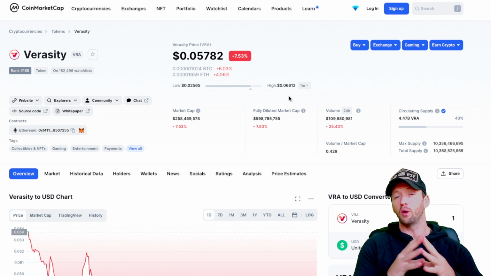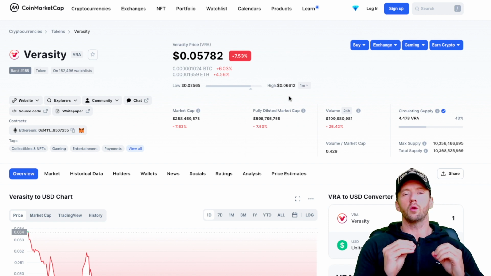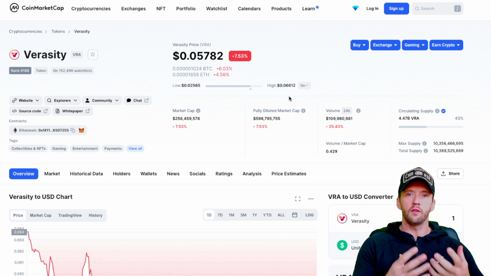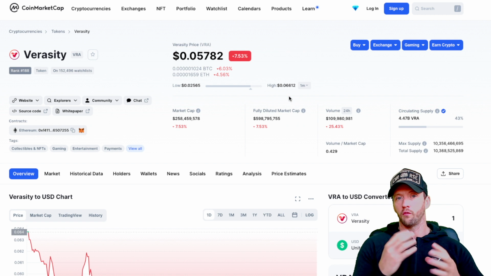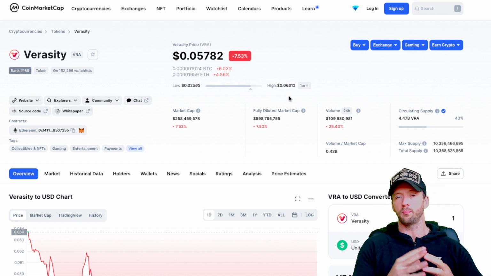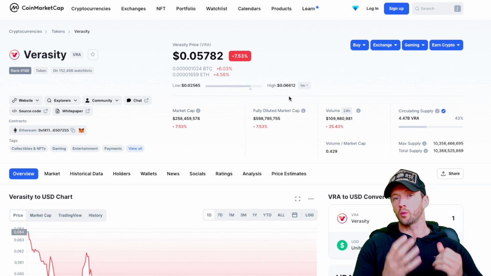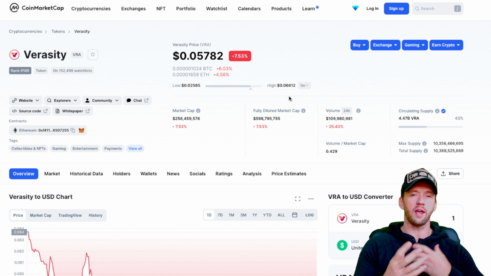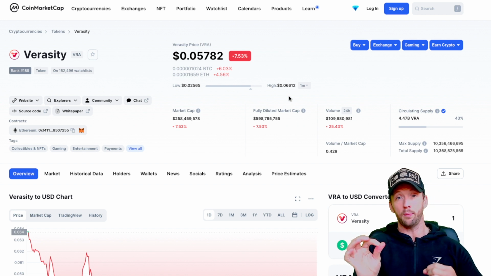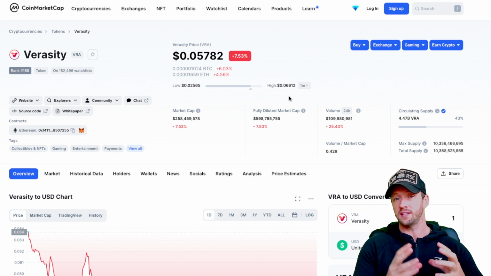But that's not the be all and end all of Verasity token. It's not all I want to talk about today. What I want to talk about is the journey I've had with Verasity token from when I bought it back in January to where it's standing now and what price predictions I think this is going to look at. But before I do that, I just wanted the new people to this token to get a brief idea of what Verasity is and does, because this token has a massive use case.